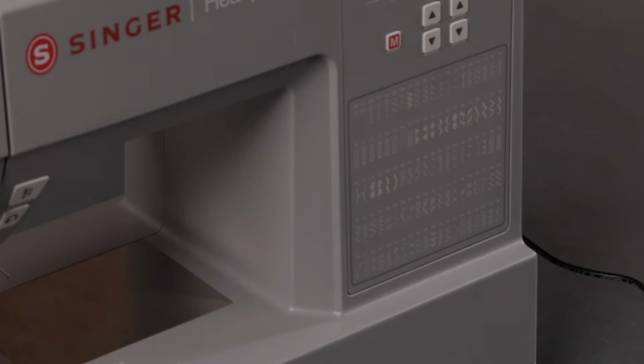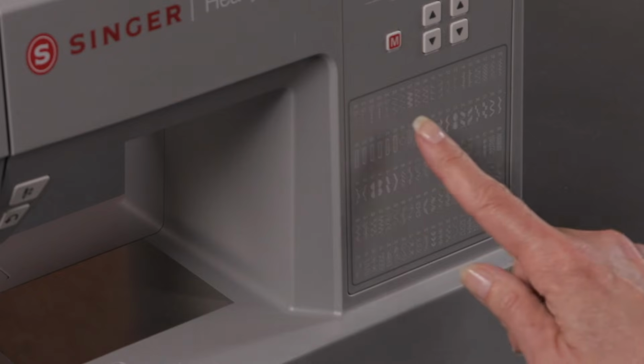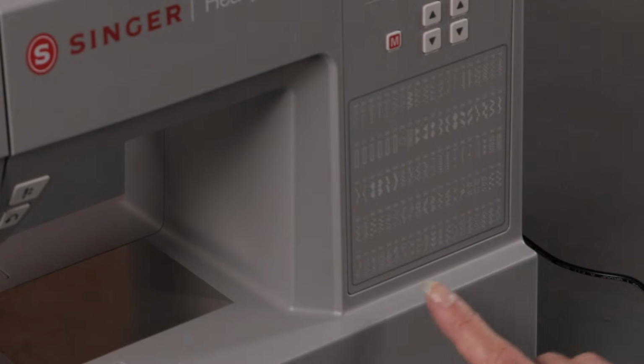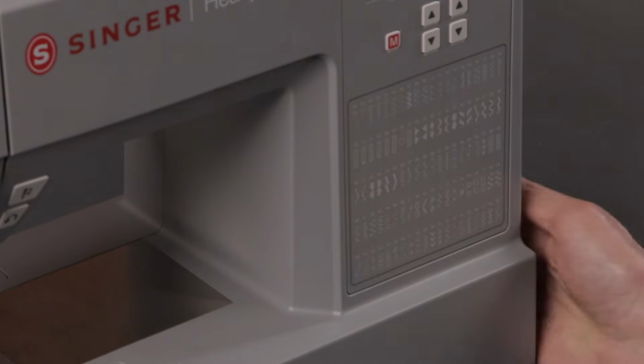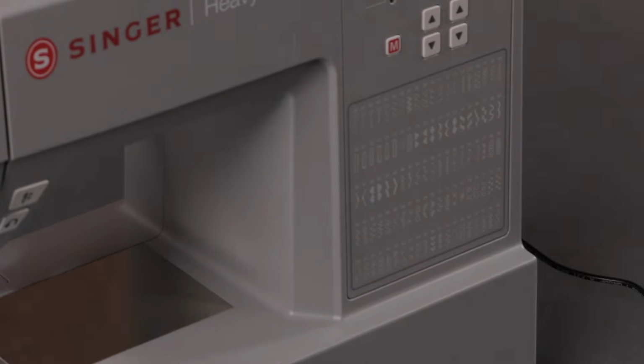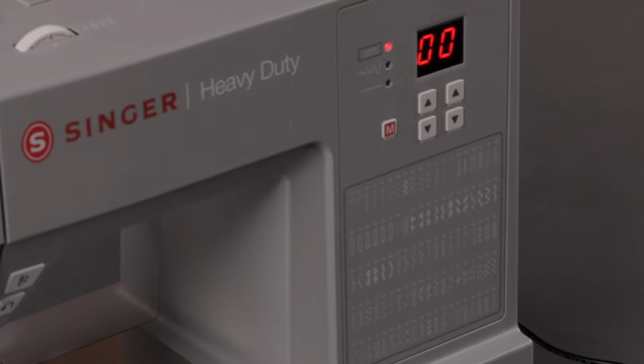All the stitches that are available on your machine are displayed here on the front panel. You've got utility stitches, buttonholes, satin stitches, quilting and heirloom, decorative, all kinds of stitches to choose from. When you first turn the machine on, it goes directly to straight stitch. So while we're in straight stitch, let's take a look at how to sew a seam and how to change